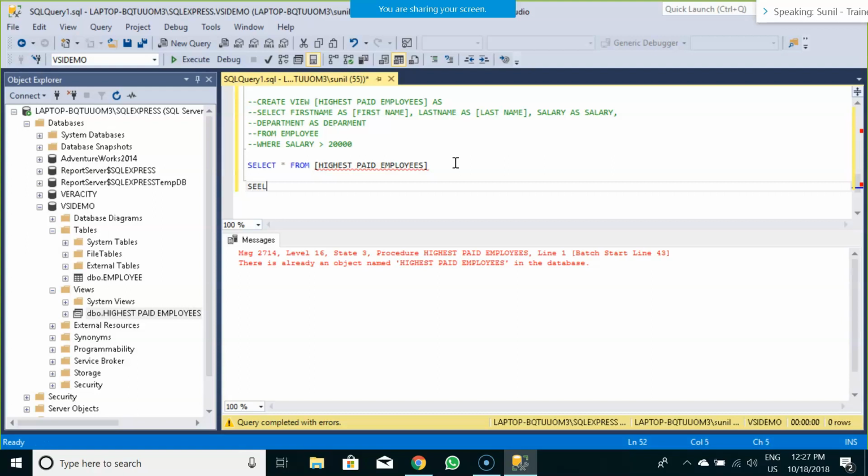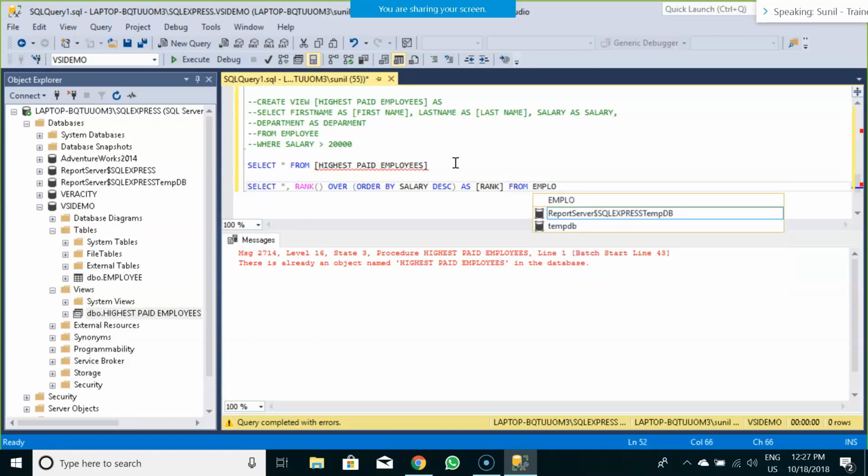So let us say I'm writing a query as select star, rank function in SQL over, on what I want to apply the rank. Before applying the rank, I need to order by the salary column in descending order. And I would name that particular column as rank from employee.